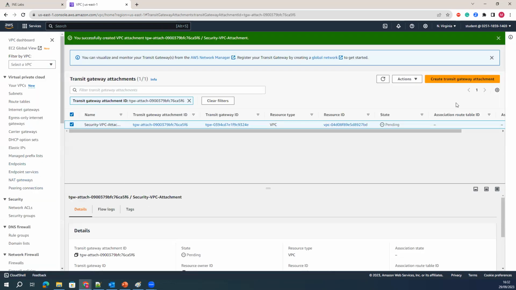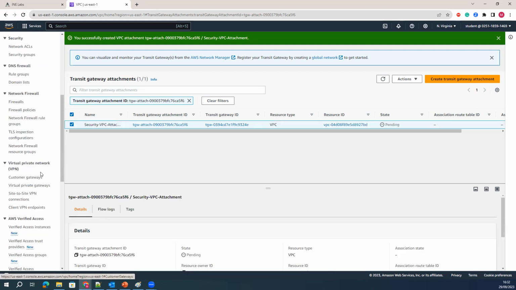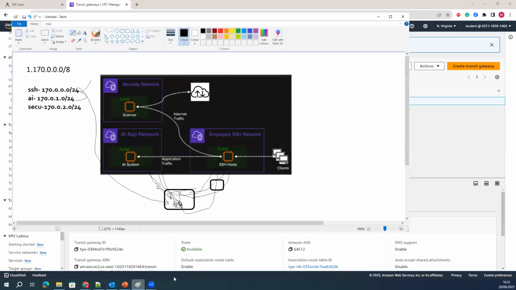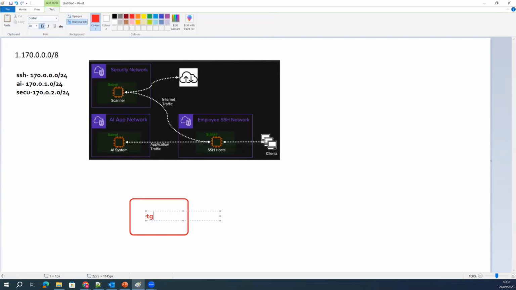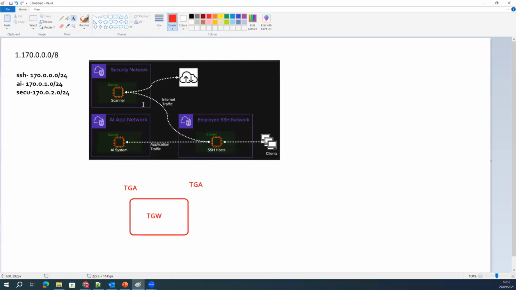Now, if you see inside the transit gateway, I have created the three transit attachments and attached them to the transit gateway. What I did here is I have created one VPC, and inside the VPC I have attached each and every VPC. So I have created the transit gateway, and this we call the TGW. Now I have created the transit gateway attachment, TGA, and here I have attached the VPCs to this transit gateway. Okay, and since they have IP addresses allocated to each of these VPCs, these subnets